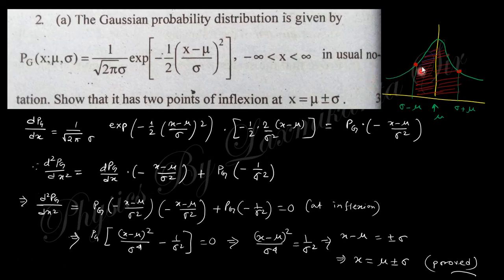And you can see here there is that point, this is mu and this is sigma plus mu, this is sigma minus mu. These two are points of inflection where the slope changes from positive to negative, like that inflection will happen here. Next one,